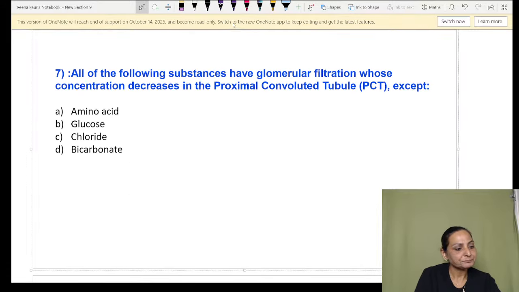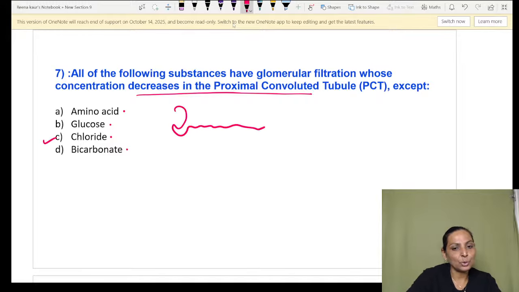Now, the concentration of all of the following decreases in the PCT except: amino acid, glucose, chloride, bicarbonate. Obviously, the correct answer is chloride, because if you look into your PCT,